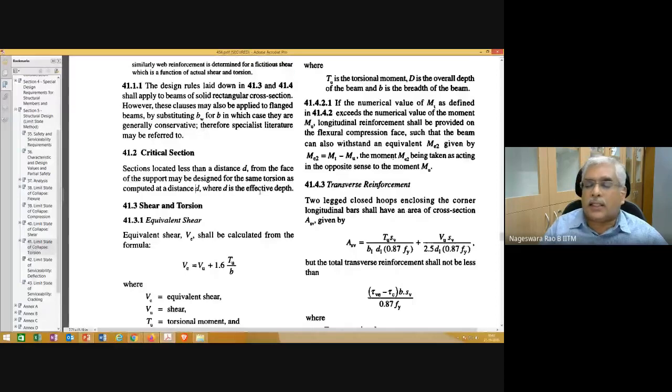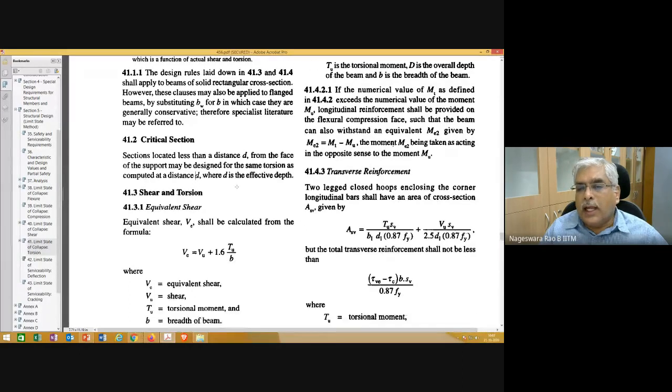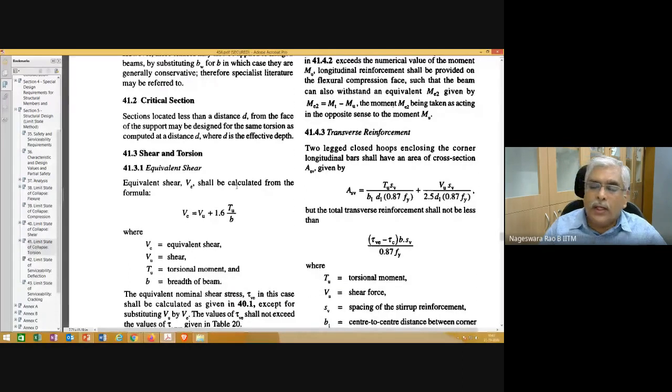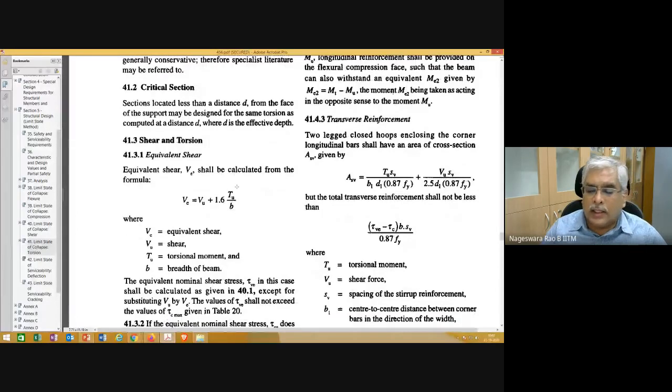That is the critical section for the forces or stresses that we are going to design for. And when you have only the shear force at a particular section, then you know how to estimate the nominal shear stress.